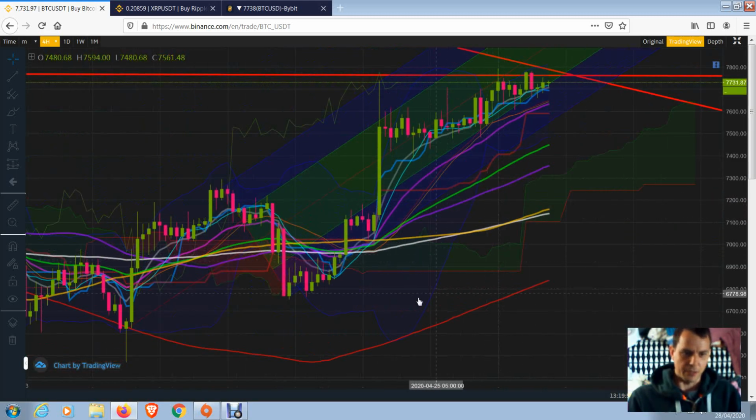So we got a pitchfork in only recently, it's about a week old or so. So basically we found ourselves in this channel and being rejected from it, and launched right up to the very top. You can see the very top area of it here. So pretty much holding true to this level here, so that was good. Rejection from there, a few attempts to get to there, and sort of dancing around in the center. Now we're being brought down to the bottom middle, and we're holding above the bottom middle, which is okay, but